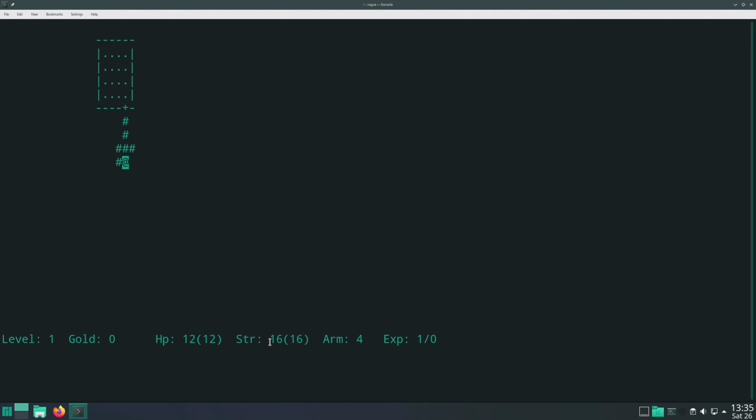A weird mechanic in the original game revolving around strength, which I'm not going to tell you about. Play the game, find out. Arm is armor. The higher your armor rating, the better. I'm not sure how high it goes in this one. Experience is the level of your character, your @ symbol, and how many experience points you have. So 0 experience. I'm level 1 with 0 experience points, because I just started the game, obviously.